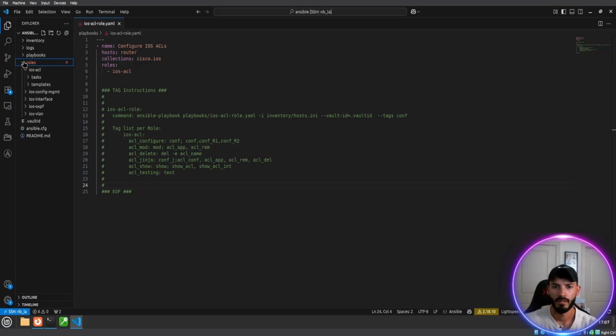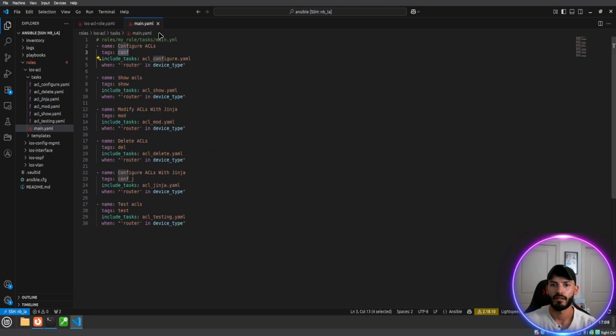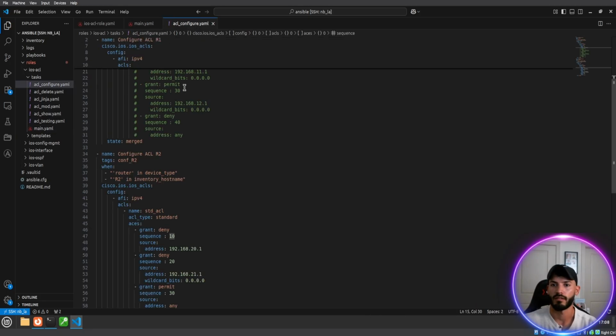Let's look at our role, the iOS ACL role. We have two directories, we have tasks and we have templates. Let's look at our tasks. So we have all of our tasks here, our different types of tasks, and then our main.yaml, which imports all of those tasks to do different things, configure, show, modify, delete, and all that stuff. And we're gonna start with configuring ACLs. So we're gonna look at the ACL configure,